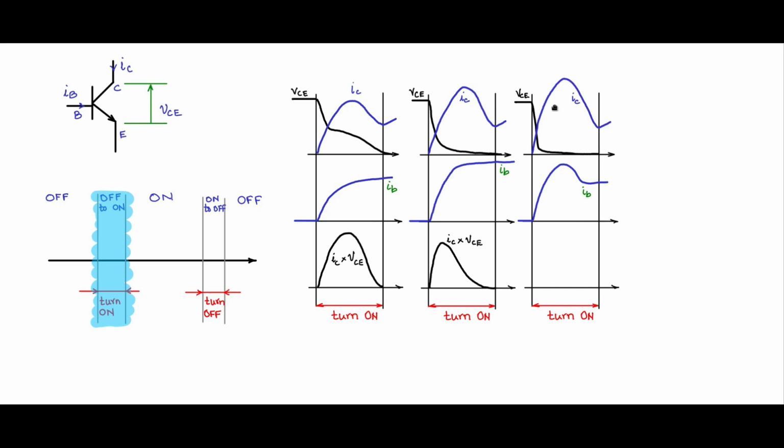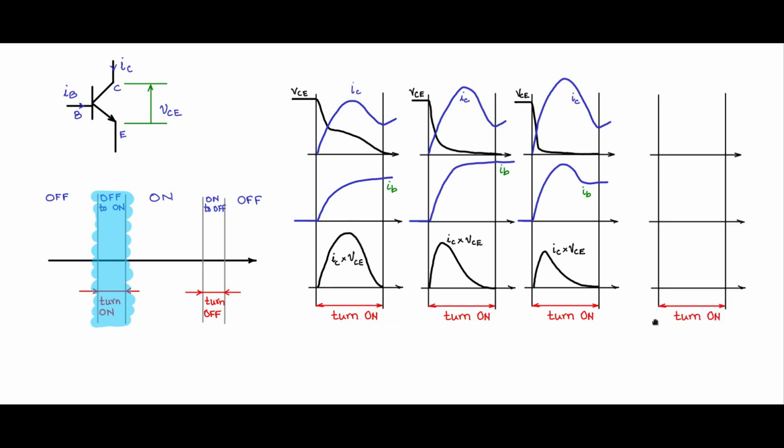What happens to the power curve? So you see that during the time when IC is large, VCE has already reached the on state. So most of the power dissipation will be in this zone. There is a peaking of the power dissipation IC into VCE curve, and then it goes down quickly. So the power dissipation is much reduced in this case. Typically we would like to give the base current with a turn on surge current which is higher than the normal operating base current. You give a turn on surge current and then let it settle down to the normal operating base current. You will get the best switching speeds, and not only that, the power dissipation is lower.